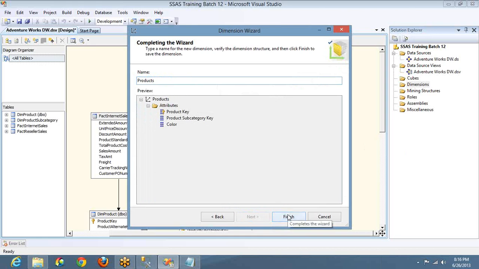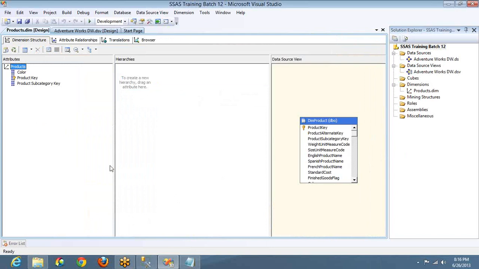Click on finish. If you see, this is the key column and this is the foreign key column with the other table, so it will be included. You can remove it if you don't want, and color is added. So this is how you have to create a dimension. A dimension is created. That's it, nothing else to do.